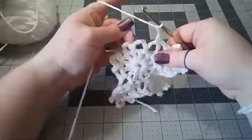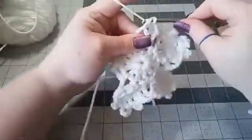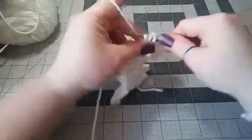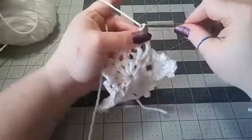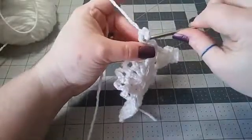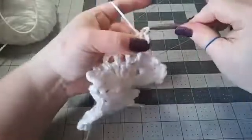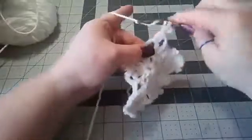So again, I'm going to chain 2 to get me to our next space, or chain of 6. I'm going to do 1 double crochet, 2 double crochets. Then I'm going to chain 4, 1, 2, 3, and 4. Then I'm going to go right down to the base and do a picot stitch by slip stitching, just like that. Then I'm going to do a treble crochet,